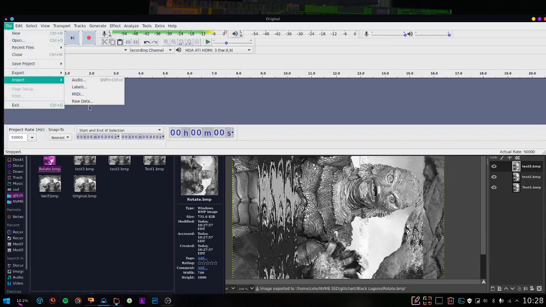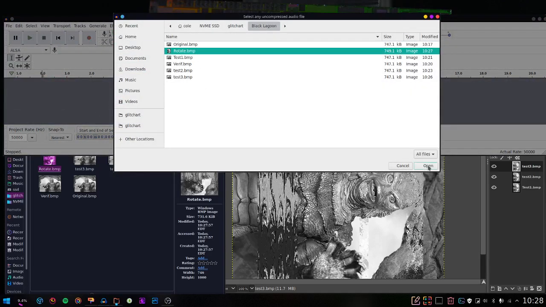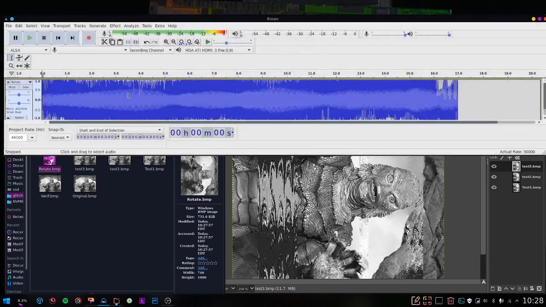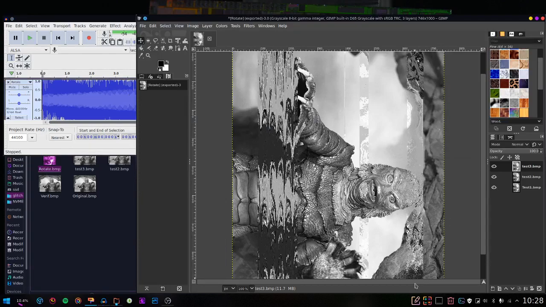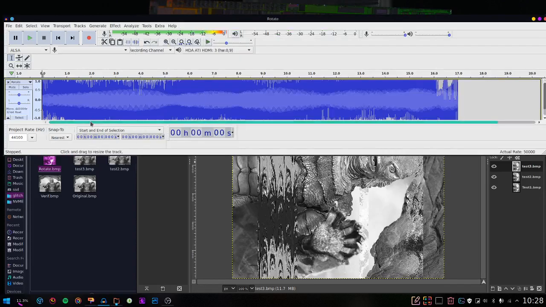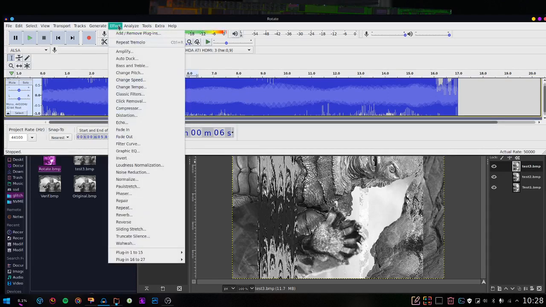Again, file, import, raw data, rotate.bmp, open. And again, you can use different settings from what you used last time, like I will do that and keep the sample rate as default. And so now it's the image but rotated. So looking at this, that's maybe a bit less than halfway up, so I'd go for about here. I'd assume that's about where the face is. So I'll do something like that and then select